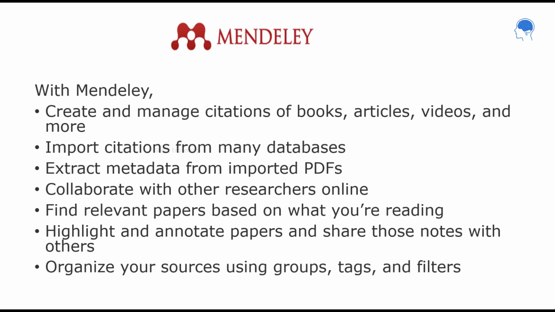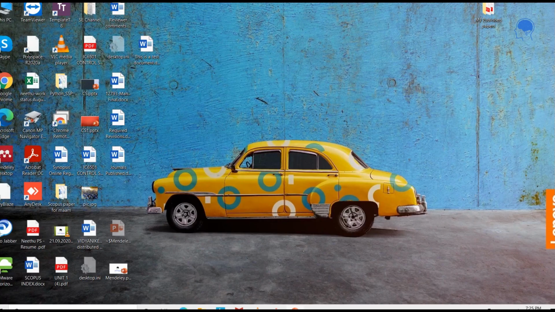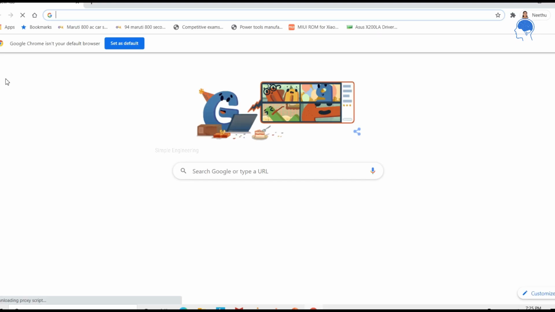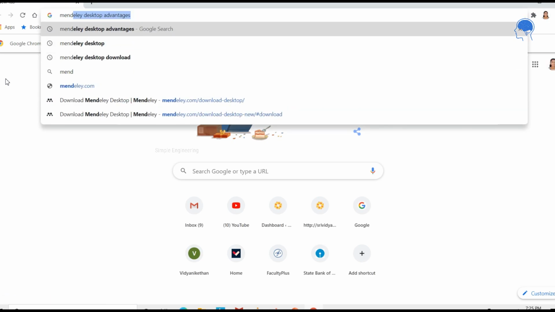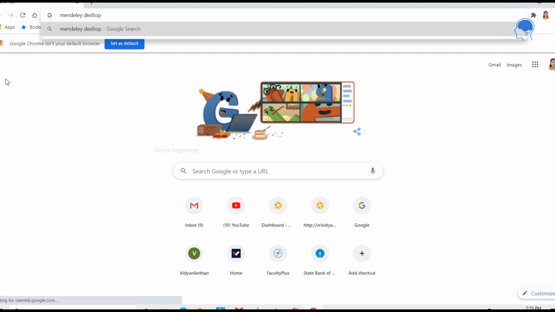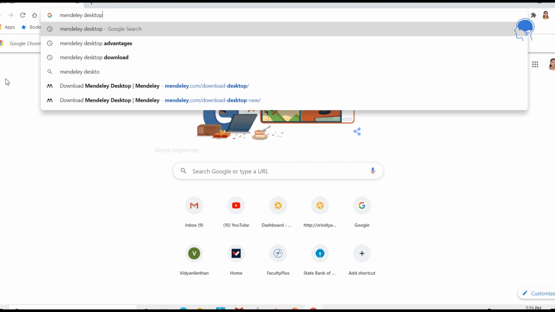So I'll be showing how to navigate through Mendeley. First you have to search for Mendeley Desktop in Google.